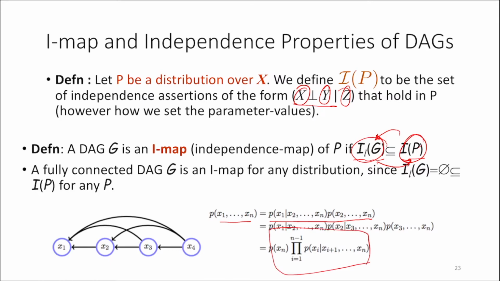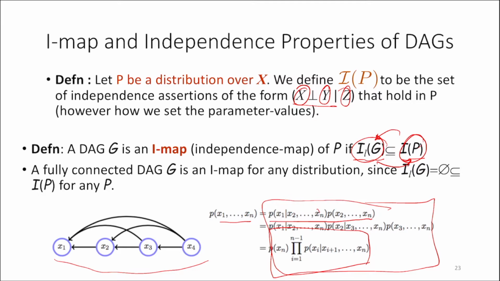And I can write that as this fully connected graph. In this graph, everybody is connected to everybody. It is still a DAG, but everybody is connected to everybody. As you see, I did not apply any specific factorization or any specific assumption. So this is the most generic way of representing any probability density, and a fully connected DAG can represent any probability density. So why am I telling you this? This is again to emphasize that in a DAG, the absence of an edge is what is important,